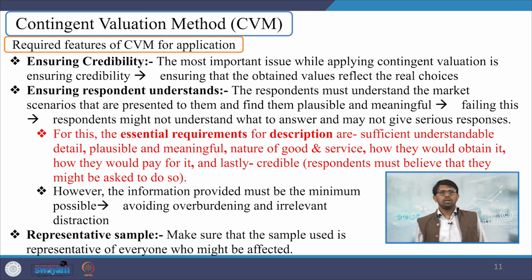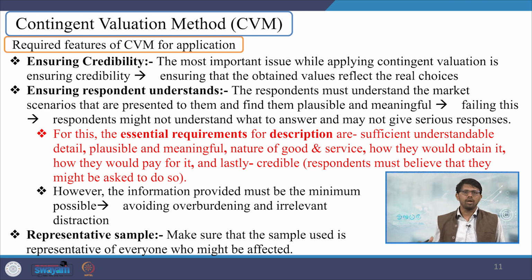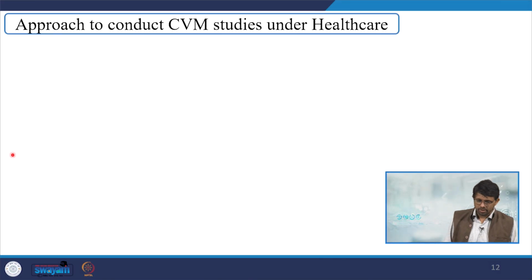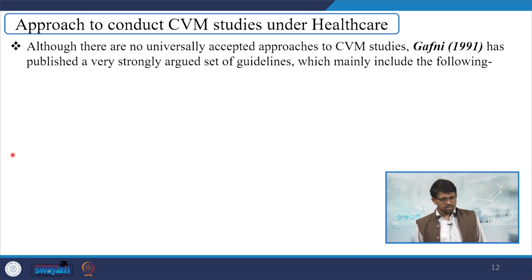The last one as part of the CVM is the representative sample. The sample we are actually drawing must be representative enough of the larger population. It makes sure that the sample used is representative of everyone who might be affected. So, we have to take such coverage of the sample that it can actually be replicated in different situations. So, the approaches especially in healthcare